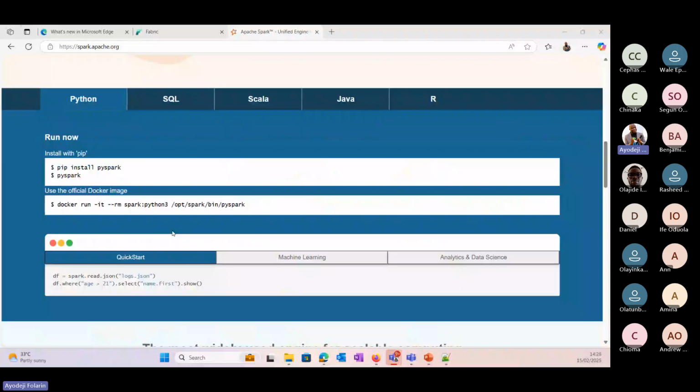So just to let you know, you can come here to get more documentation to read about Apache Spark. But for our session, I will be leveraging Microsoft Fabric.